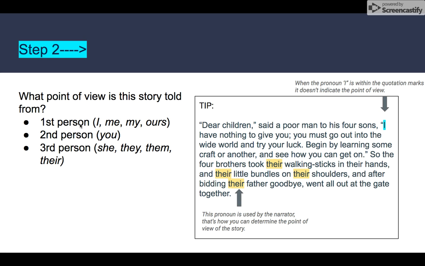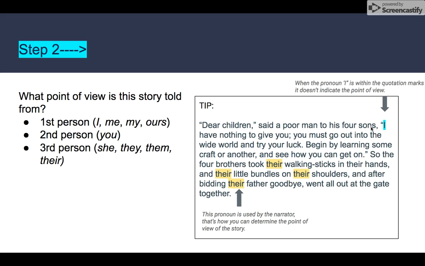So again, first person uses I, me, my, ours. Second person uses you. Third person point of view, you'll see words like she, he, they, them, their. So here's a tip. When the pronoun is I, okay, I'm looking through this, it's from the story you just read, and I see I, but